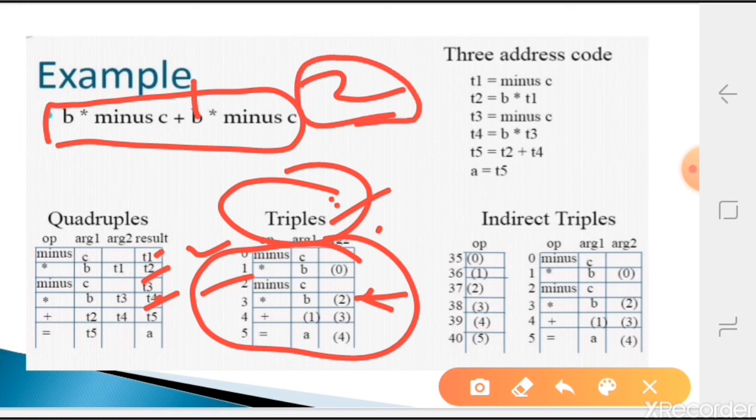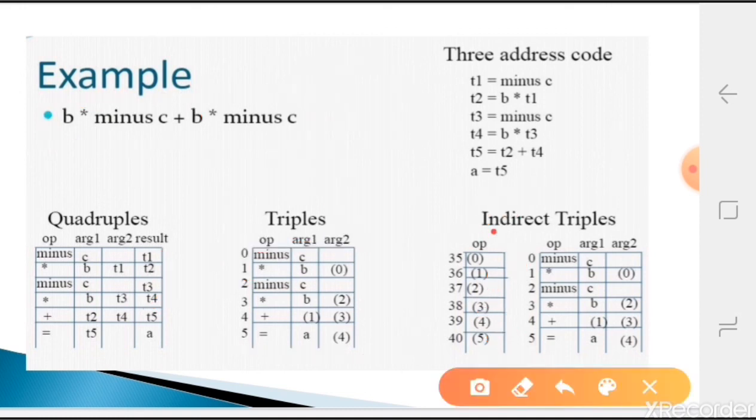So instead, we use indirect triples. Whatever values are there, we keep those also. Instead of going for two passes, in one pass directly from this table we get it. Whatever operations are there, where the operation's result is kept, we directly know it, so we can use those directly. Indirect means that instead of going back here, checking and keeping the result here, we directly give that particular address.